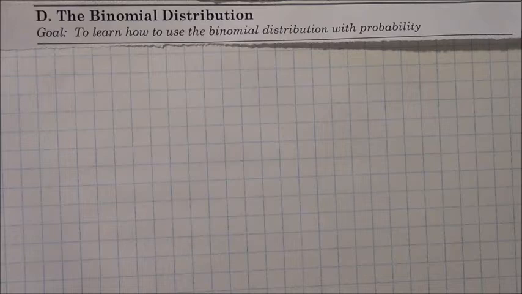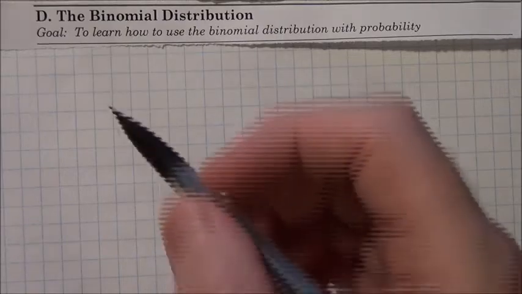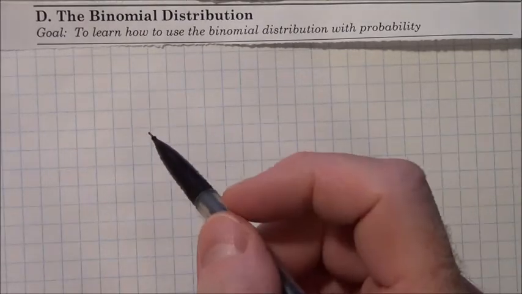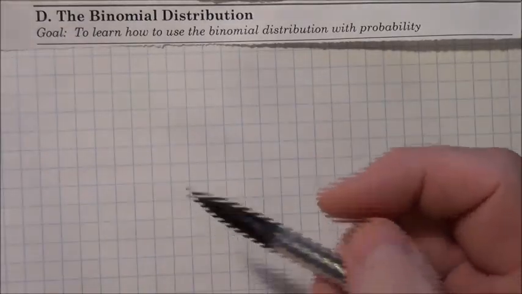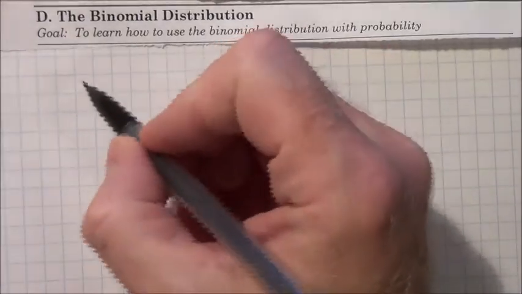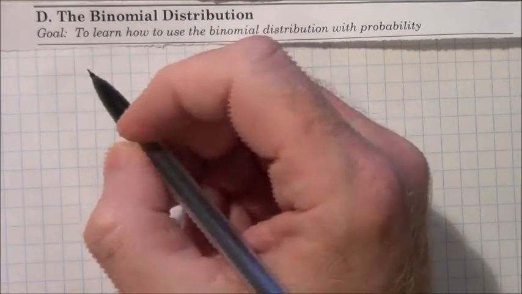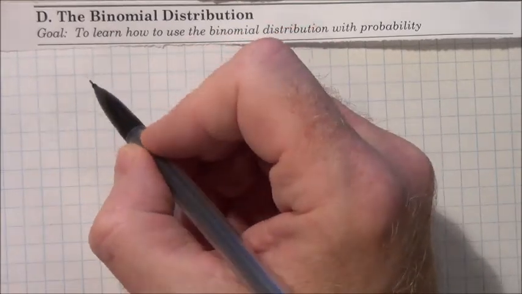So we've been looking at general discrete random variables in the past. Now we're going to be looking at something that's a little bit more specialized. It's going to be connected to sampling with replacement, meaning that the probabilities will not change. And we're going to be looking at the probability distribution